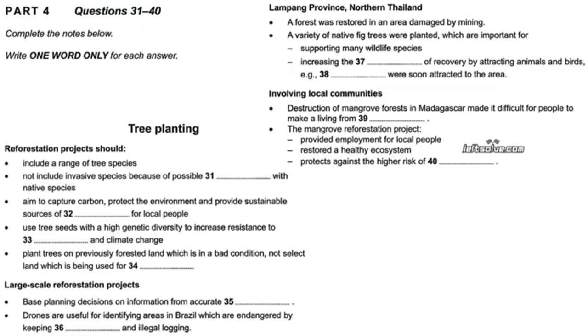A good example of where the right trees were picked to achieve a restored forest is in Lampang province in northern Thailand. A previously forested site which had been degraded through mining was reforested by a cement company, together with Chiang Mai University. After spreading 60 centimetres of topsoil, they planted 14 different native tree species, which included several species of fig. Figs are a keystone species because of the critical role they play in maintaining wildlife populations.